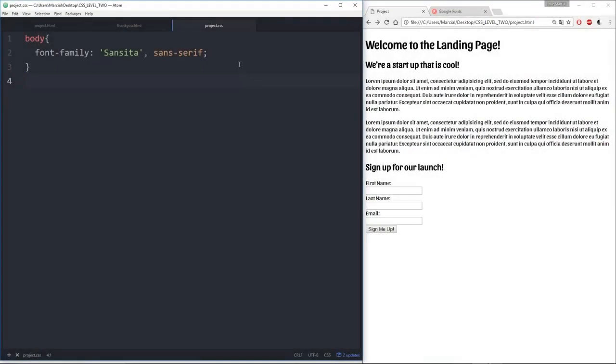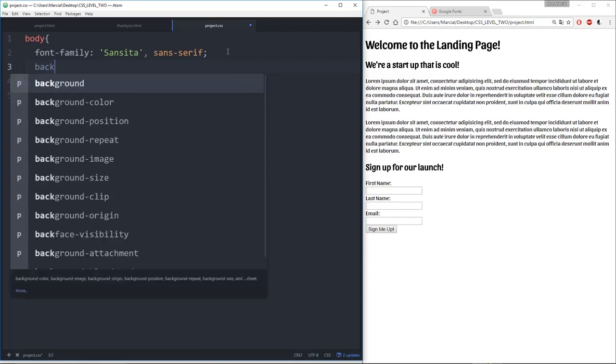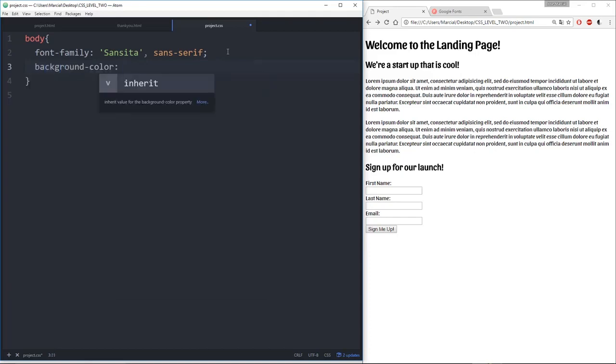Okay, so here I am at my editor. What I'm first going to do is edit the main things in the body that I want to change. We've already taken care of the font family. The next thing I want to do is take care of the background color. So remember, the background color was actually a dark background. So I'll allow you to choose just any color you want that's dark, or any light color. It doesn't really matter. That's not really the point of this exercise. The background color that I ended up choosing was hex code